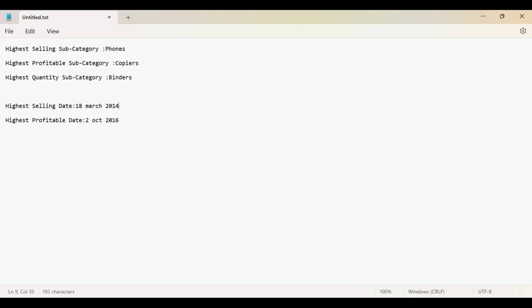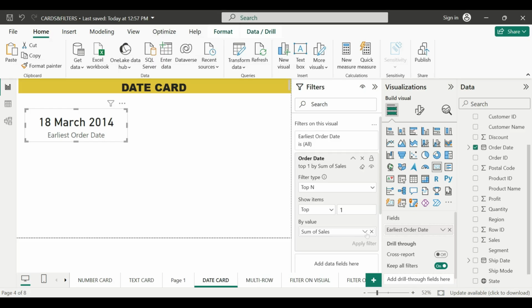If you want to see the most profitable day, 2nd October 2016, I can go back, remove this sales option, drag profit into the box, and click apply. You can see 2nd October 2016.